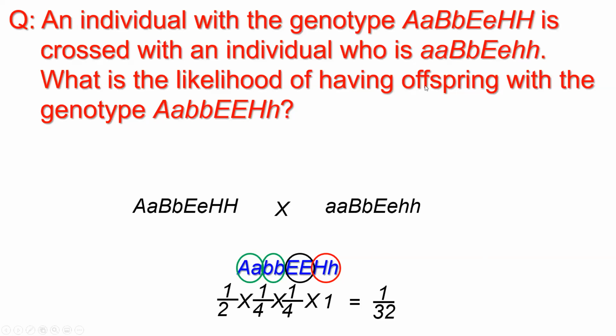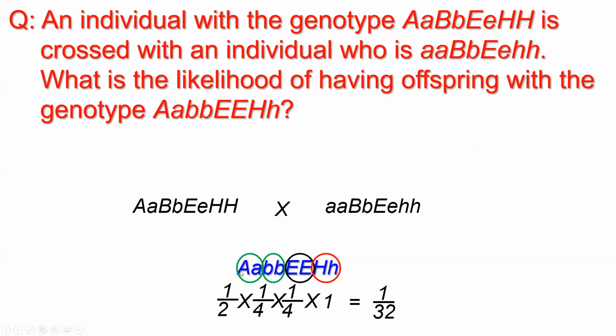In this kind of question, you put the parents' genotypes, and then this is the offspring that you are expecting. If you do this in a Punnett square, as I mentioned, that will be a huge square. It will be very confusing and very exhausting. So there is a simple way, called the probability way. You look at the genotype of the offspring and compare it with the genotype of the parents. You take one gene at a time, okay? What is the possibility of having these two alleles together?